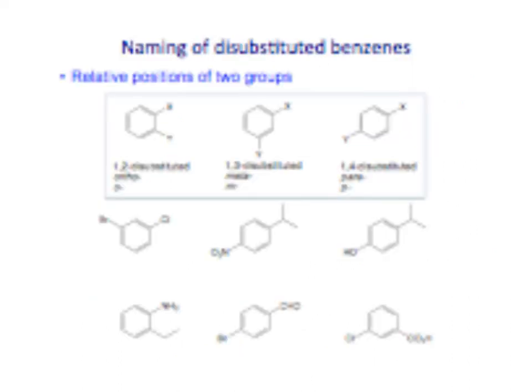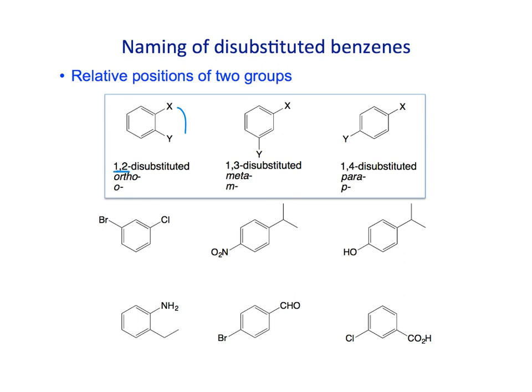We're going to use these monosubstituted benzenes when we name disubstituted or polysubstituted benzenes. If we add two groups onto a benzene ring, we can have three different orientations. We looked at this in NMR. We could have the two groups on adjacent positions, so 1,2 disubstituted, or 1,3 disubstituted, or 1,4 disubstituted. When we name disubstituted compounds, we can either use the numbers 1,2, 1,3, 1,4, or